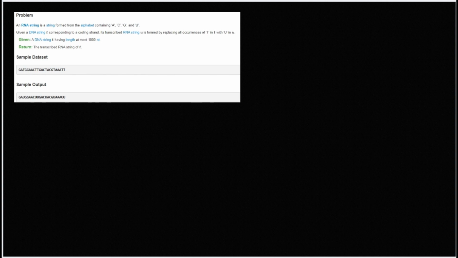With that in mind, the solution that will be used to solve is applying Python's inbuilt method called replace, which can be used to find and replace characters of any given string. So let's say S was assigned as the sample dataset, which is G, A, T, and so on, right? And in order to use the replace method, all you have to do is assign S dot replace